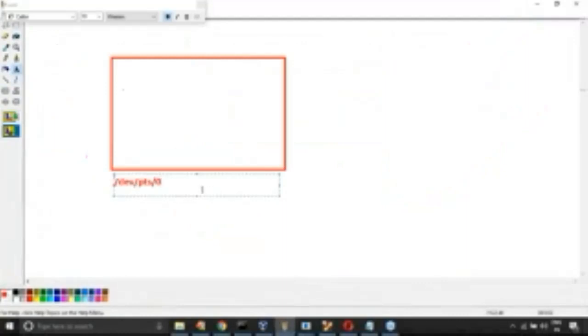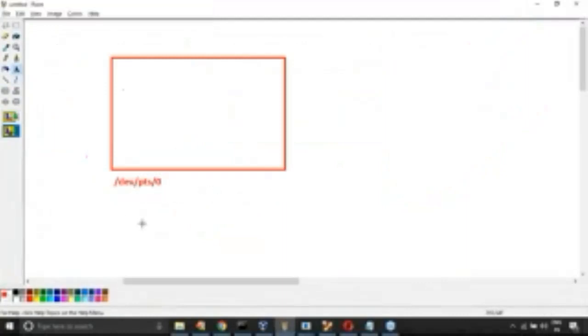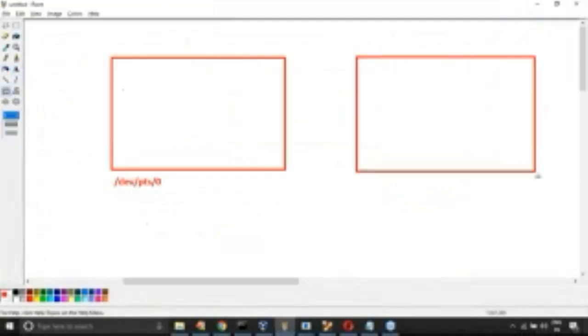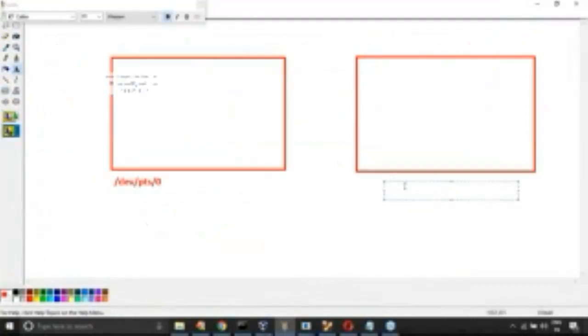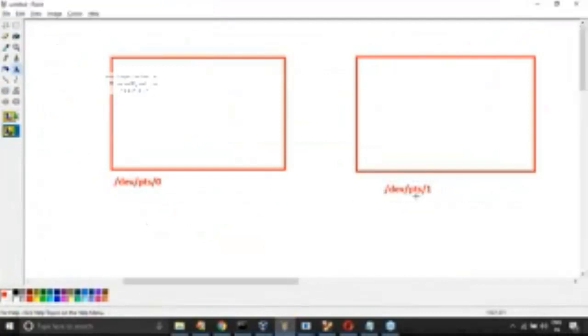Slash dev slash pts slash 0. This is the first terminal. If I open another terminal, what may it be? Maybe 1. This is the second terminal related file.